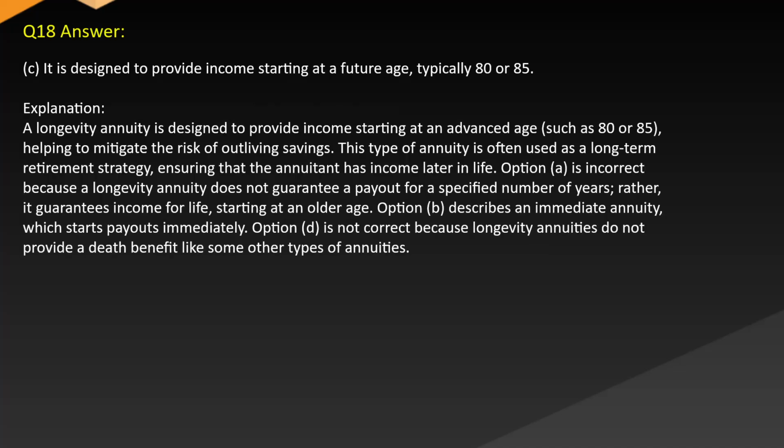Answer C. It is designed to provide income starting at a future age, typically 80 or 85. Explanation. A longevity annuity is designed to provide income starting at an advanced age, such as 80 or 85, helping to mitigate the risk of outliving savings. This type of annuity is often used as a long-term retirement strategy, ensuring that the annuitant has income later in